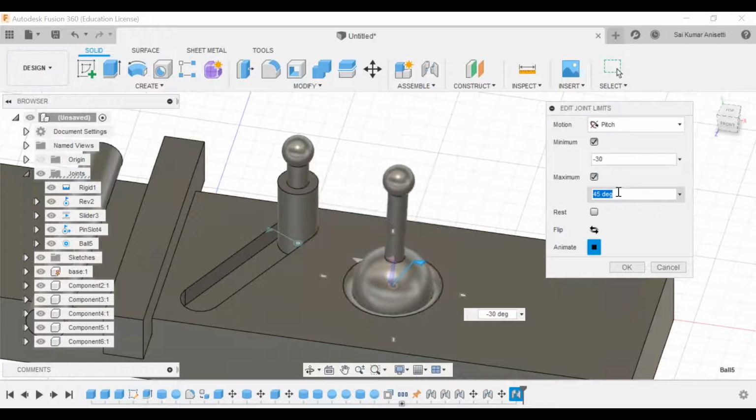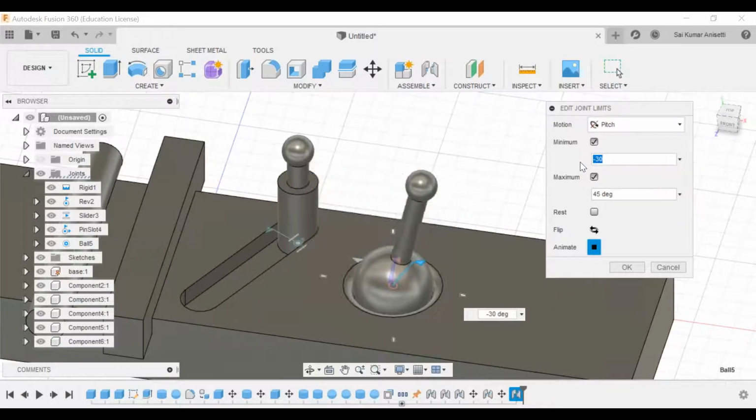If I give 0 and -35, it comes only to this axis. The vertical line is your center 0. This will be your negative direction. That is simple. So this is -180, this is +180. So totally it is 360 degrees. In that way, it is maximum and minimum. So minimum it has overall 180 degrees, and maximum it has 180 degrees. If I give more than 180, it does not take any minimum value.